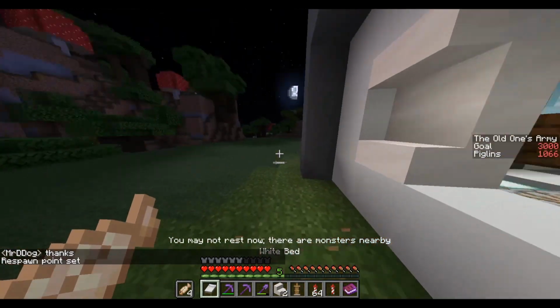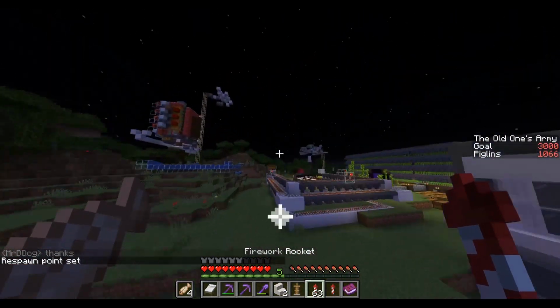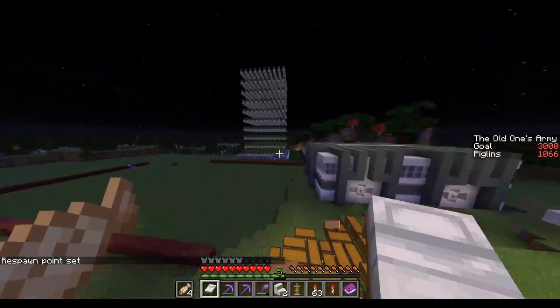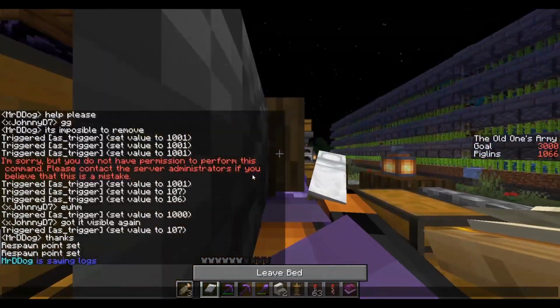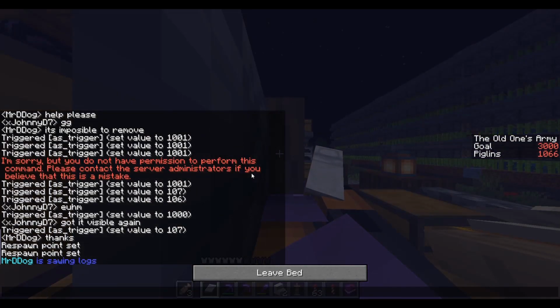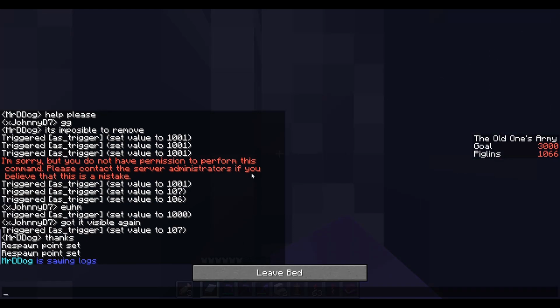I can't rest with monsters nearby. Of course there are, and you don't know where they are under the ground. That's because my floor is pretty much just paved over the top. I'm going to bed now inside this wall, apparently. But yeah, that's a little design I did. It's just 6 stairs, and then...